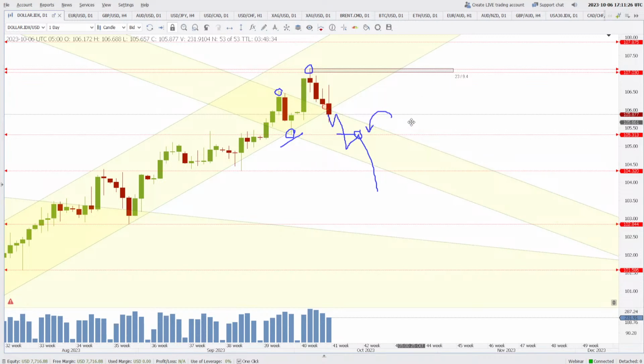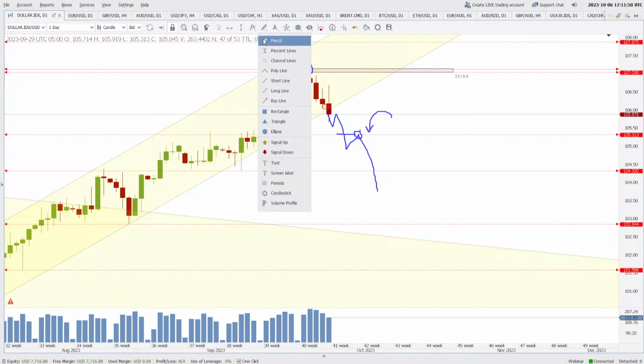Now you can remove these trending channels that we used by position. These two are a zone of resistance, and a zone of support is around the 105.31 area. If we see any close below 105.31 on the daily chart, then we can look for a selling opportunity. Like if the market closes